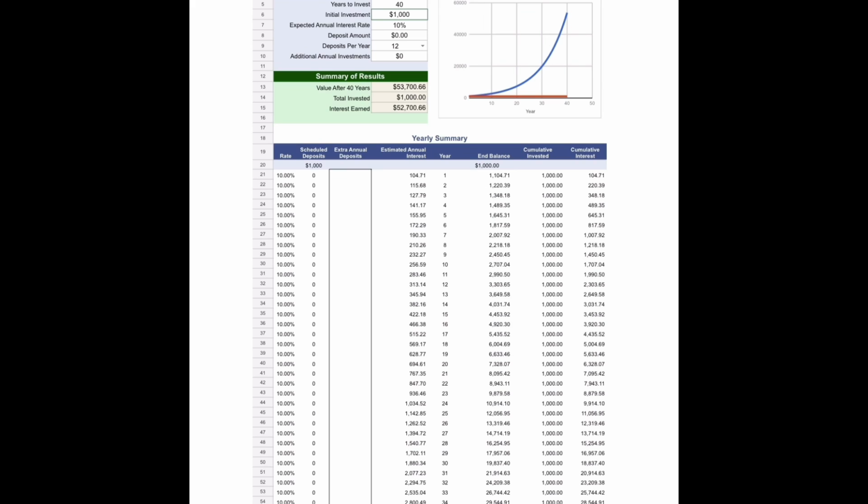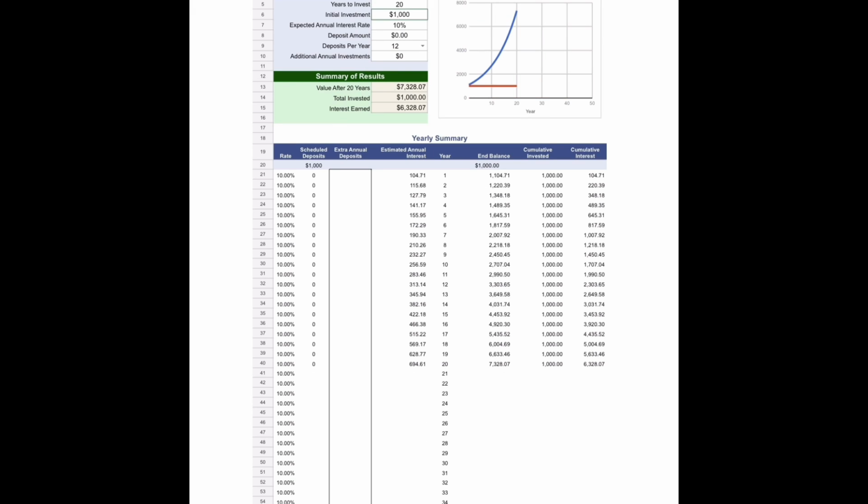Now, what we're going to look at is, let's say the investor, when they met with their advisor, decided, all right, I want to put the $1,000 in, but then in addition to that, I wouldn't mind throwing maybe $100 a month into this account just to grow the account value even more, because the more money that you invest and the longer amount of time you invest equals dollar signs, right? So now we're going to add $100 a month. We're going to let it grow for 20 years to start. We put $1,000 in to start,